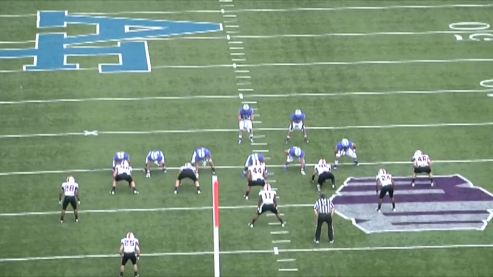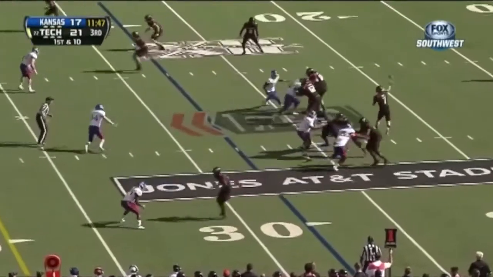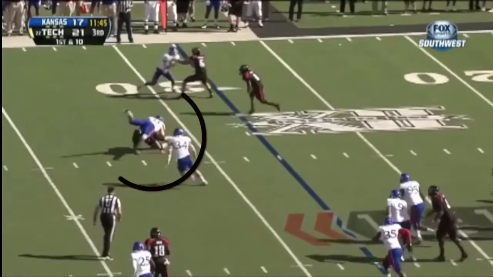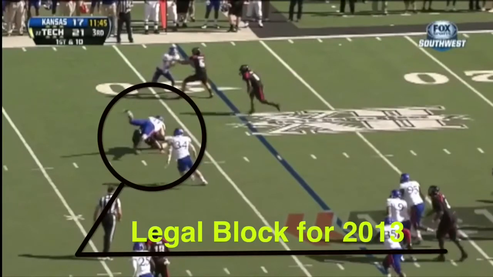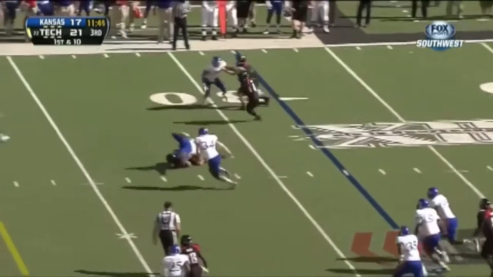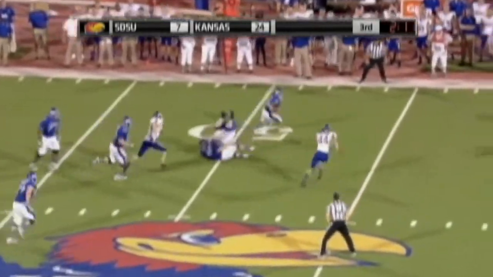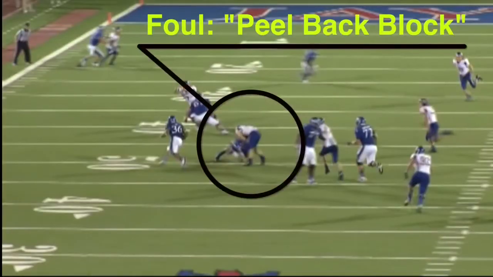Once the ball moves out of this zone, it disappears, and Team A blocks below the waist are only allowed from the front, and Team A players may not block low at all when moving back toward their own goal line, which is a peelback block. In addition, players outside the zone or in motion cannot crack back low, even if from the front, if that block is at or just after the snap and is back toward the original position of the ball.